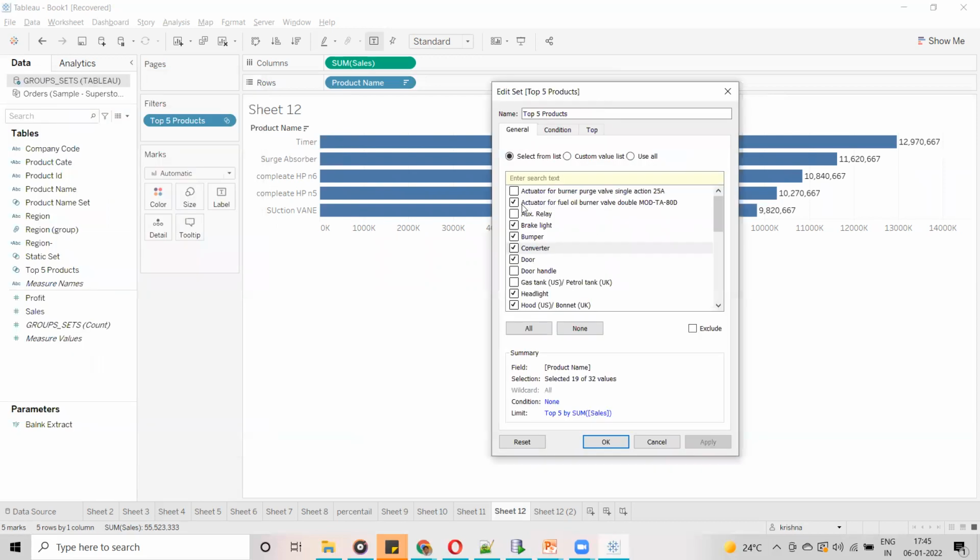So guys, when we are going to select only specific products, whenever the customer has given you a list of products and asked you to find the top 5 products out of the given products, then you are going to select the products manually. But if you have thousands of products, how are you going to select manually?